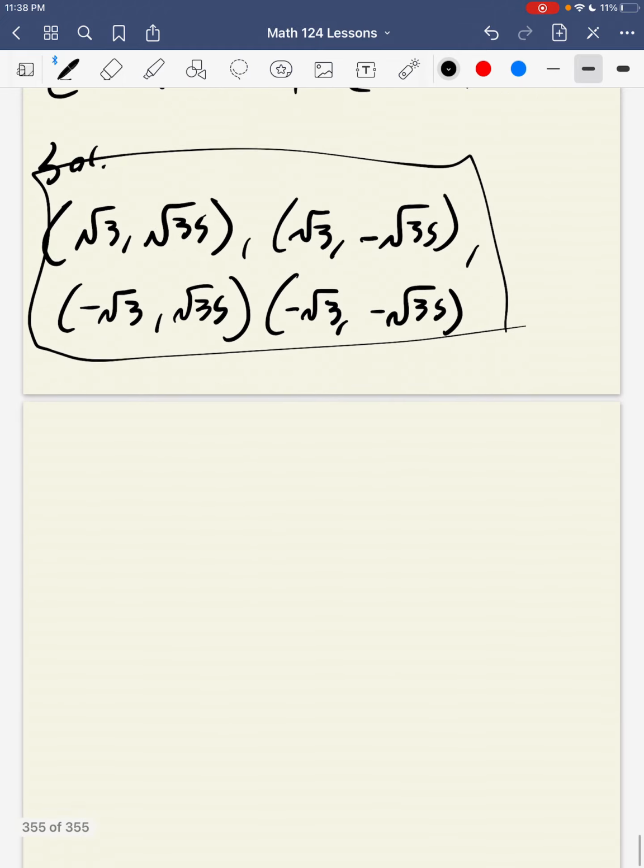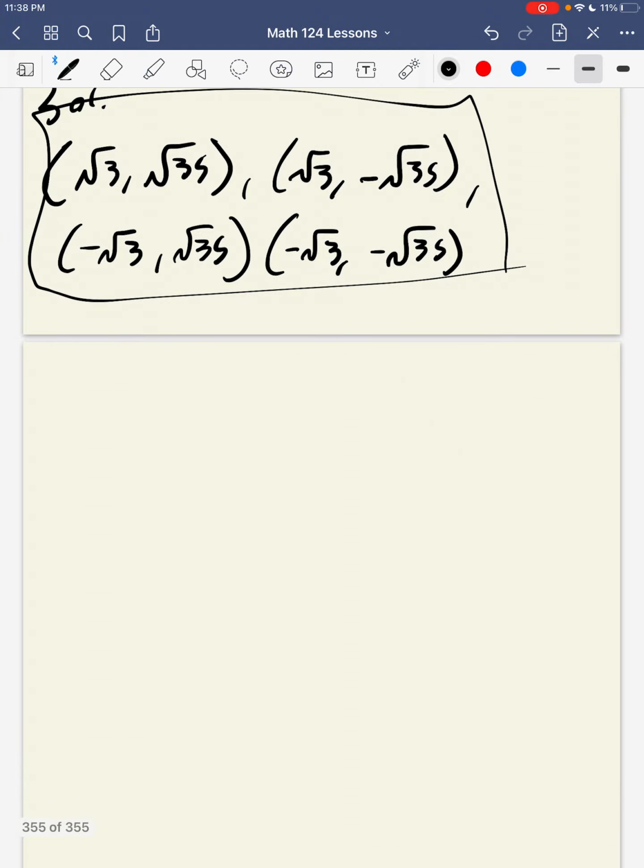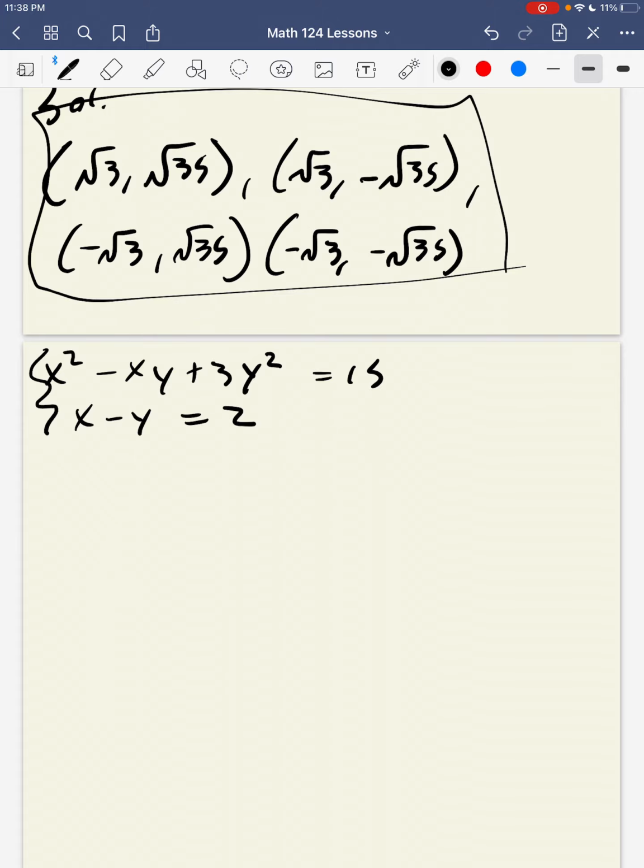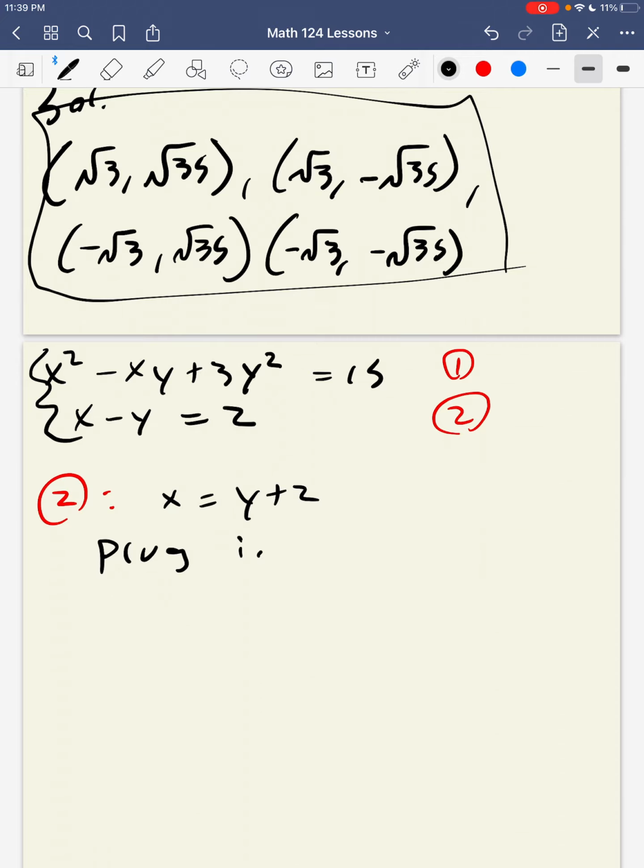Let's try another example here. Let's look at x squared minus xy plus 3x, plus 3y squared equals 15. X minus y equals 2. So this is a system, a nonlinear system. Notice we can rewrite equation 2 as x equals y plus 2. And then we could plug that into equation 1, and that will give us